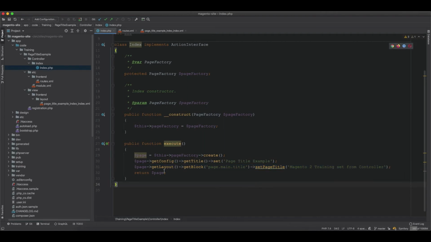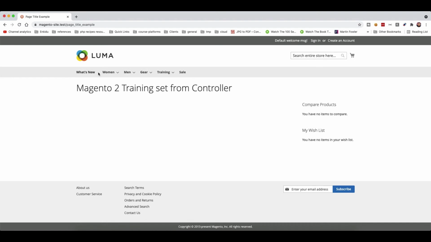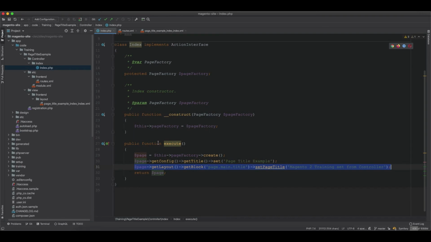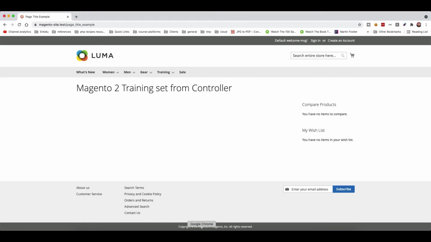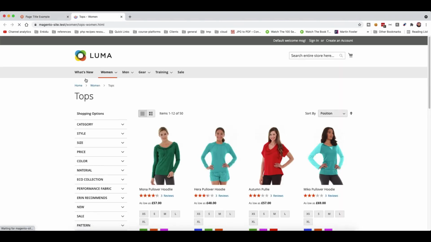What we learn here is there is a second method to change the page title from the controller. This can also be done from observers when you are trying to change the page titles, but you don't have access to the controller because the controller is already set, and the layout is already set, and this is a third party. Say for example, if you want to change the page title of a category, how do you change the title here for the category? That might come in another video, but this could be done from an observer, because you don't have access to the